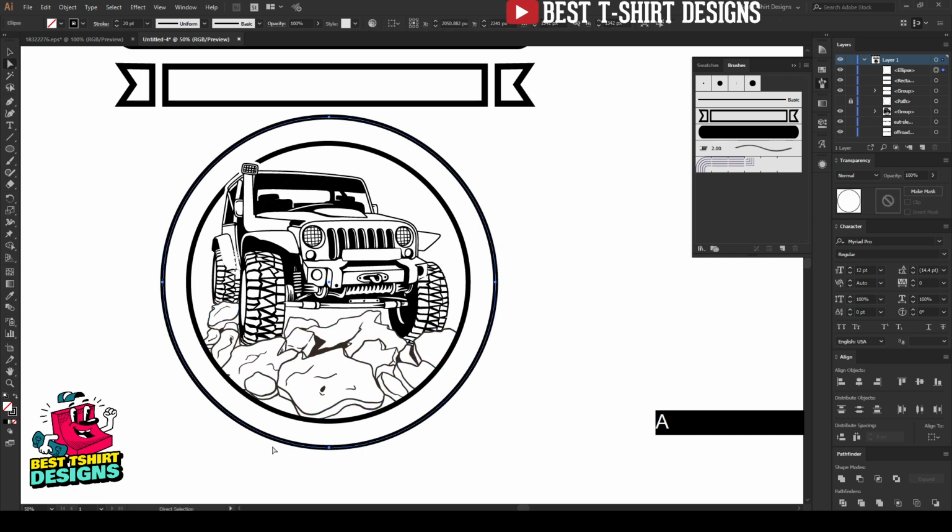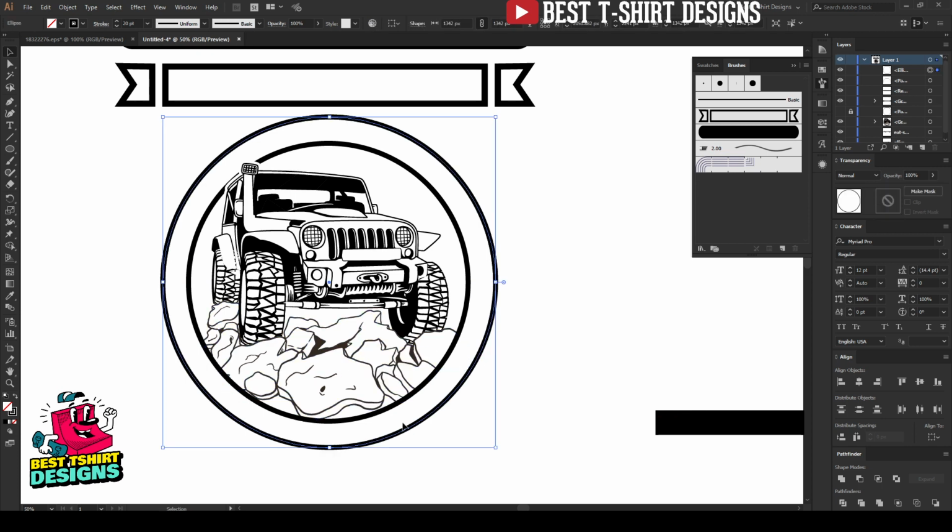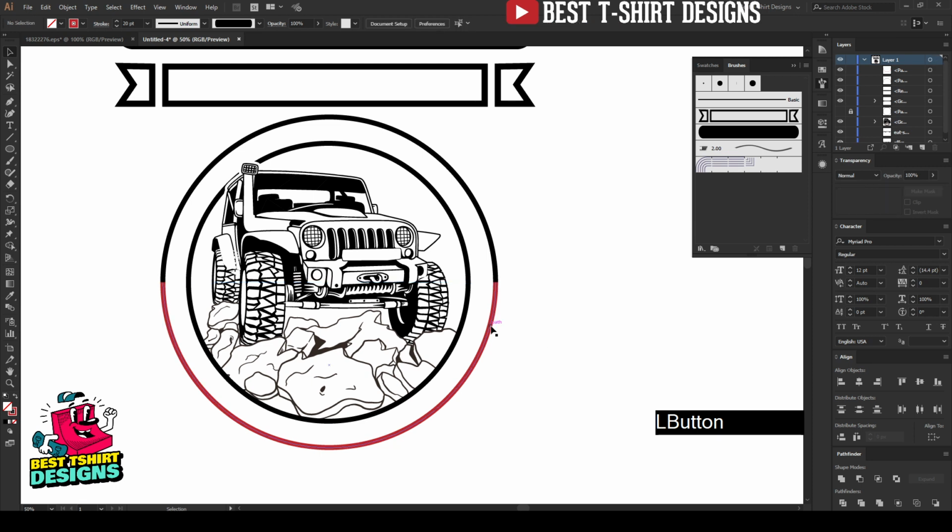Now take your direct selection tool to delete this part, and this is going to delete easier, so that is fine. Let's again press Ctrl F, because I have a copy of the ellipse. Let's press A for the direct selection, and now this time erase from here. So as you can see, I have two ellipses. One part is here. Let's change the color so that you can see. So this is my second ellipse, this is my first ellipse.